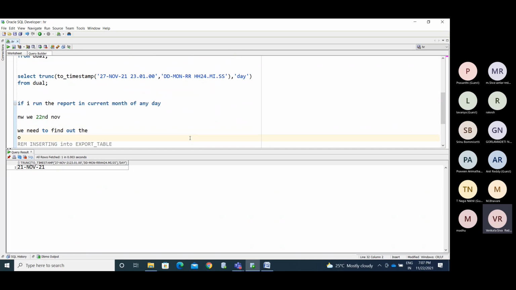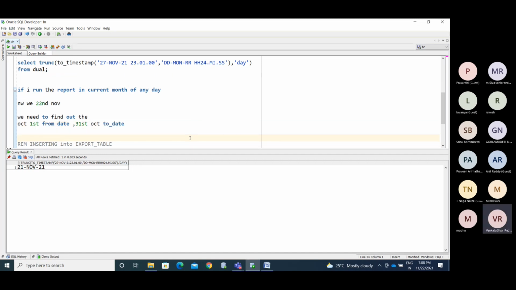We need to find October 1st, which is the from date, and October 31st is the last date. Say I have transaction information, or I need to retrieve who all joined in the last month.